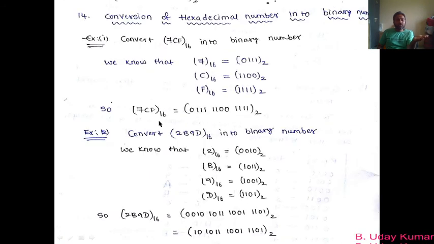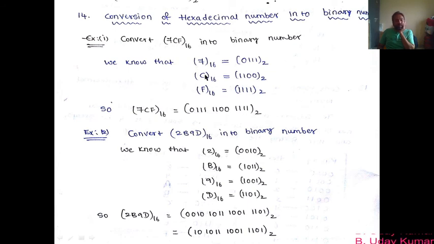Okay. So now coming to this one. So this is how we convert a hexadecimal number into binary. So conversion of this, 7CF to the base 16, right? That means it's a hexadecimal number, and we want to convert this hexadecimal number into binary. So now take each digit. So 7CF to the base 16, by splitting, I can write it as 7 to the base 16, C to the base 16, F to the base 16. But 7 we write